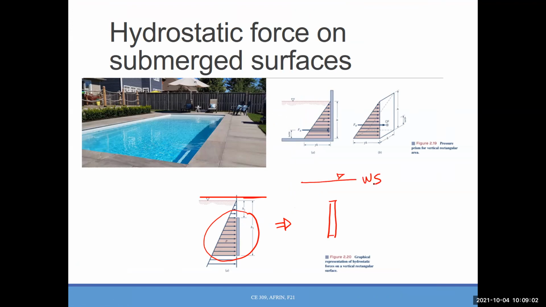this is the water surface, and I'm just using some arbitrary number. Pressure is 0 here. Maybe pressure is 2 gamma here. Here, pressure is 5 gamma maybe. So the pressure distribution on this plate will be